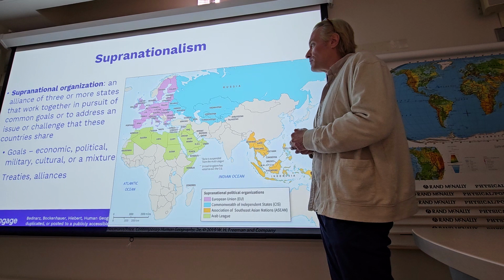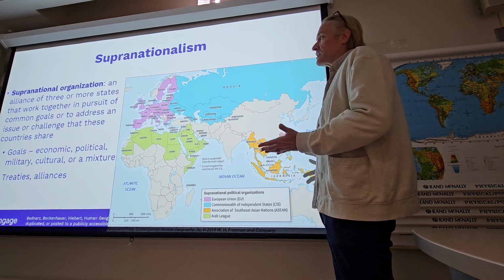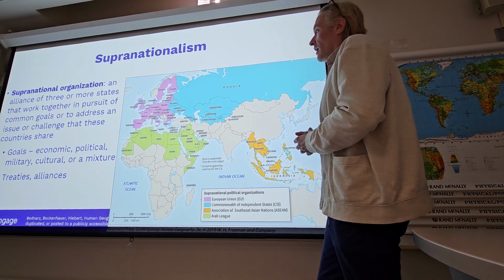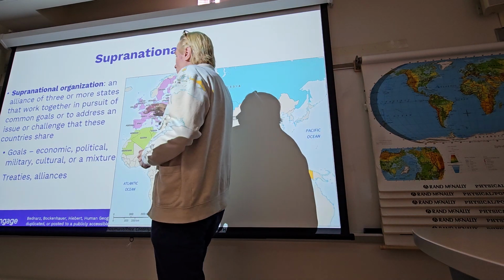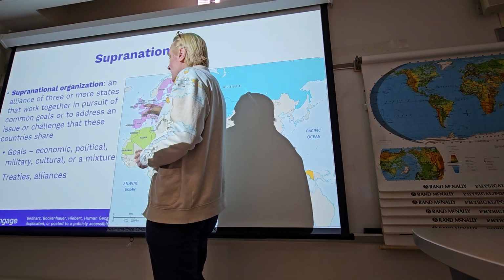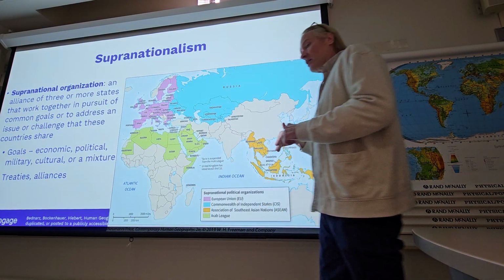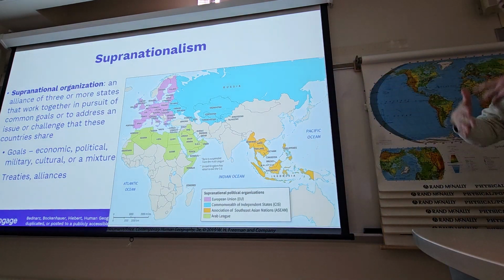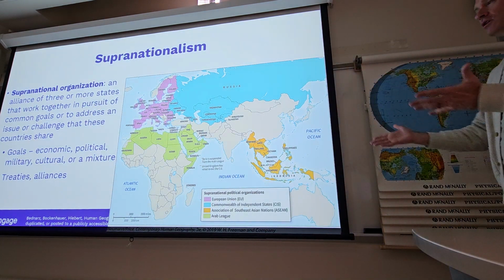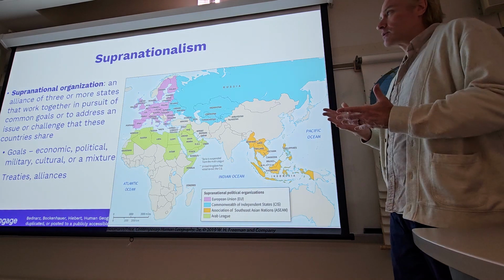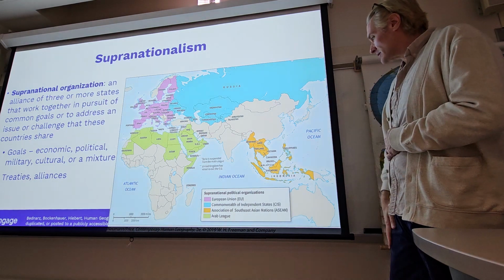And the European Union has been very successful in lots of different things. One of those things being allowing more free travel and trade in this region, allowing, if you have a business and you want to have a larger market, you could have a market of the whole European Union rather than just your country. Some other organizations on this map,